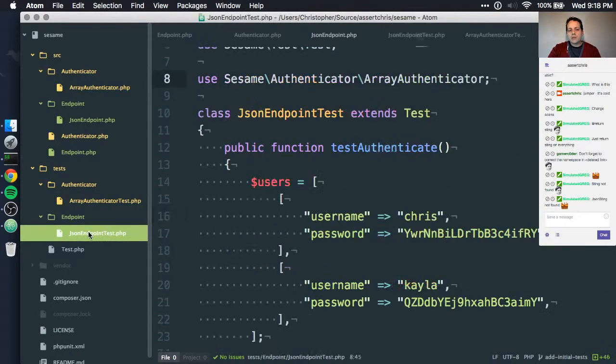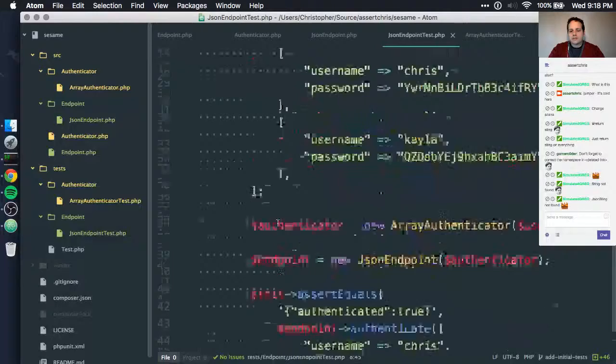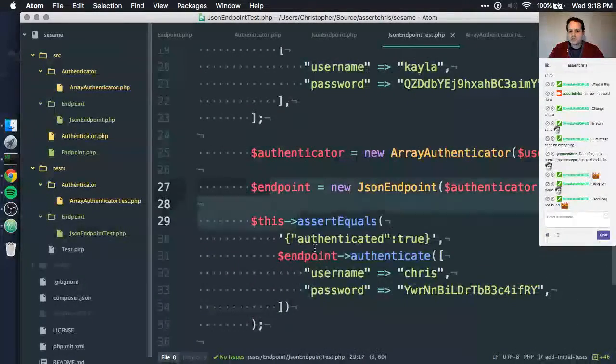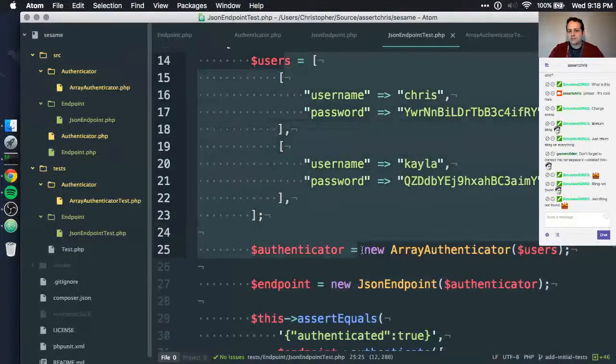But if we go back to our JSON endpoint test, now we're not just testing JSON endpoint, we're also testing Array Authenticator. And that's the difference between how I understand functional testing to be, which is this, and unit testing to be, which is what this is not, which is just testing JSON endpoint. How do we do that? It's a bit of a purist thing, right?